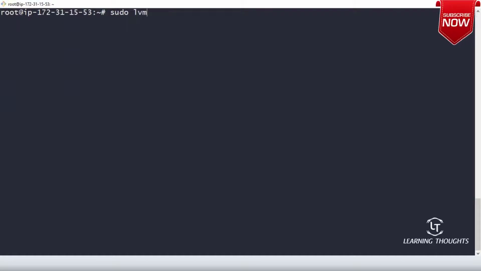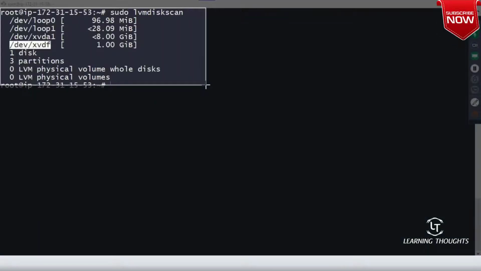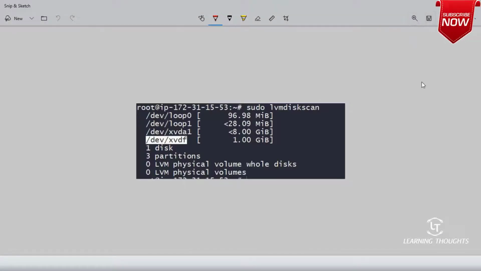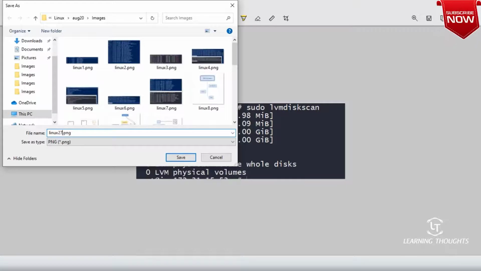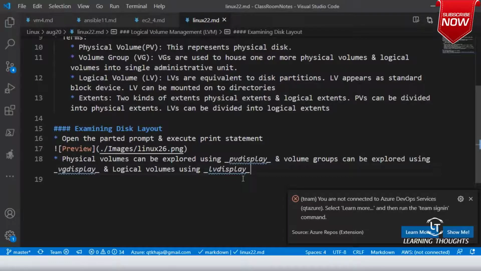Now sudo lvmdiskscan. So what is our new disk? Do you agree that our new disk is xvdf? Let's experiment.